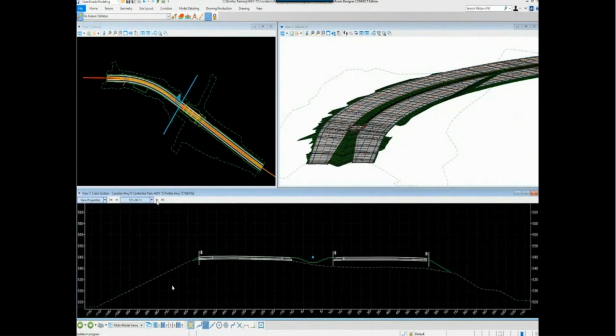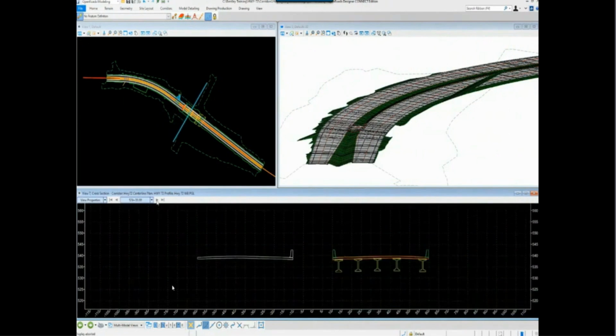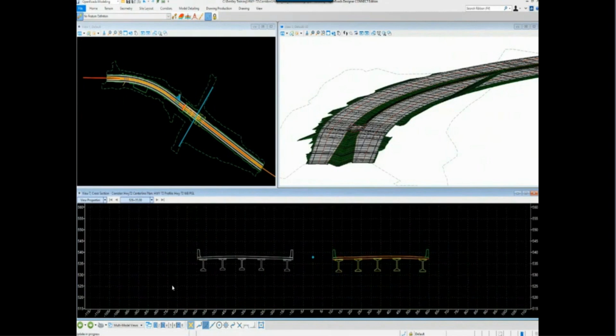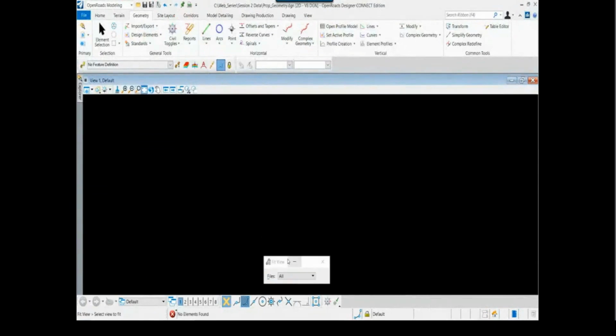All right. And as you see, as we go down the corridor, as we move into the bridge area across the creek, you can see that in the sections as well. All right, so let's move back. We have our file here. This is the file I just created,